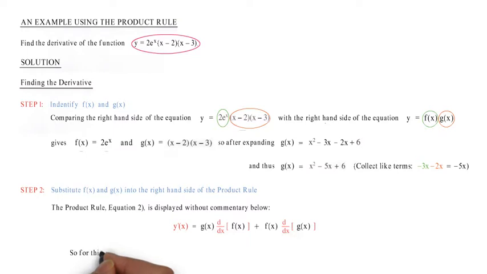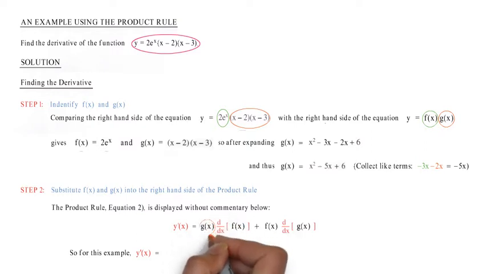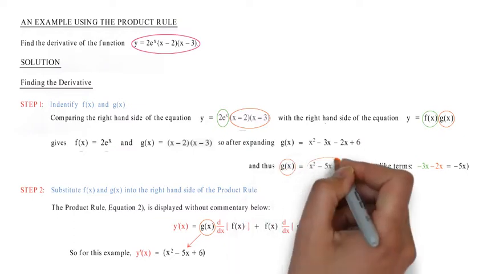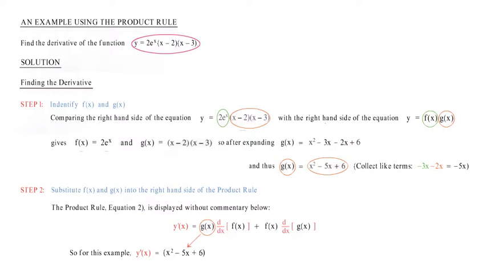So for this example, y'(x) equals g(x), which is x squared minus 5x plus 6, because g(x) equals x squared minus 5x plus 6, times d/dx